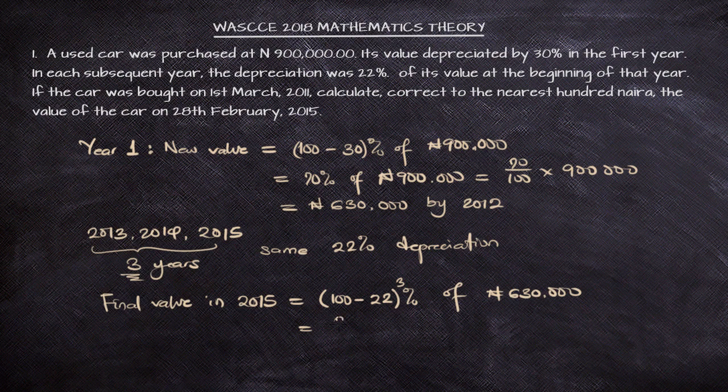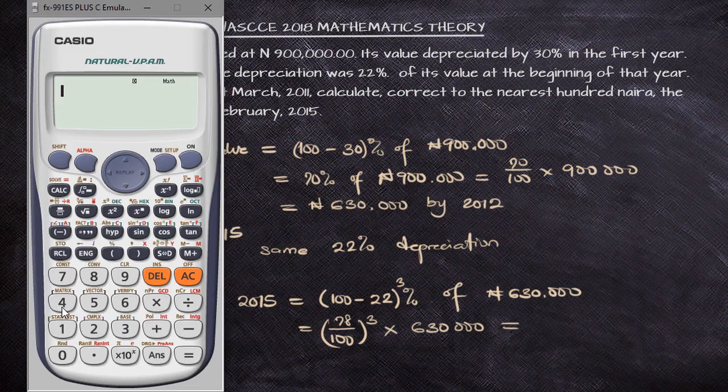So we are going to have 78 over 100 raised to power 3 multiplied by 630,000 naira. It's because it's 3 years that we are raising the depreciation to the power of 3. If it were only 2 years, we would raise it to the power of 2. So here we can have